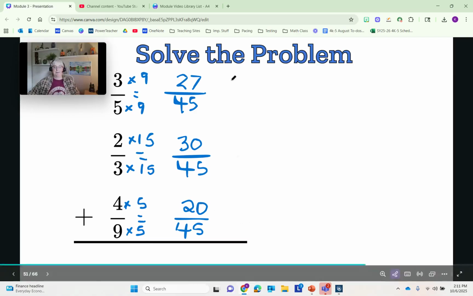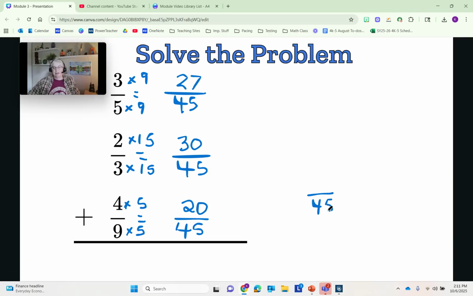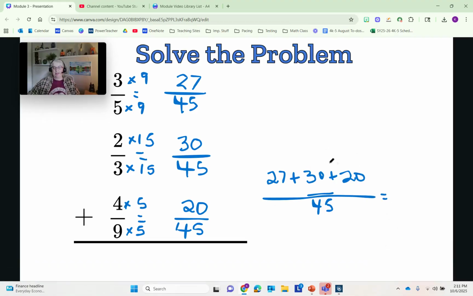All right, we're going to add all these together. I don't have room on the bottom to do it, so I'm going to put my answer over here. The answer is going to equal a denominator of 45. 27 plus 30 plus 20 all over 45. Well, 20 plus 30 is 50, plus 27 more is 77